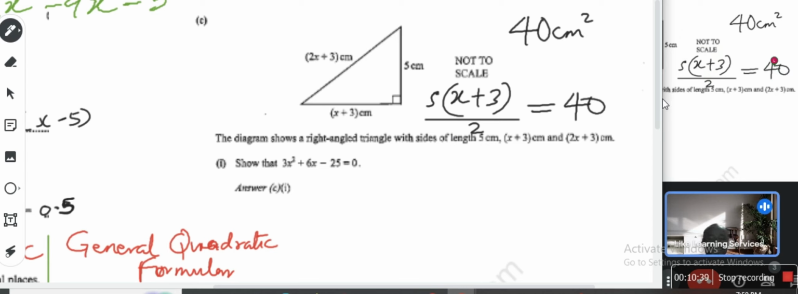But they didn't give us anything about the area. You see, look at the instruction. The diagram shows a right angle triangle with sides, length 5 centimeter, x plus 3, 2x plus 3, and so on. And we are just asked to show this. So the area wasn't given. Neither was the